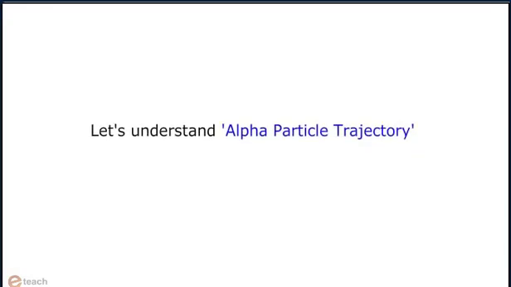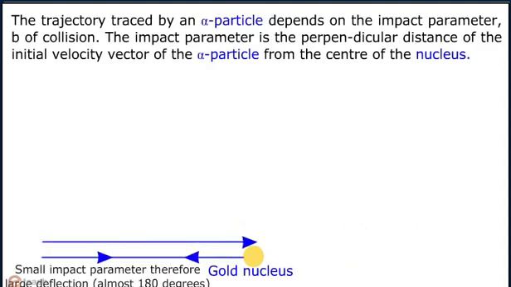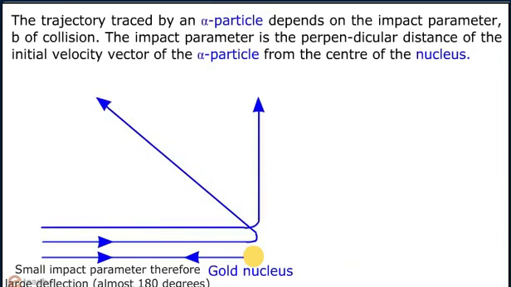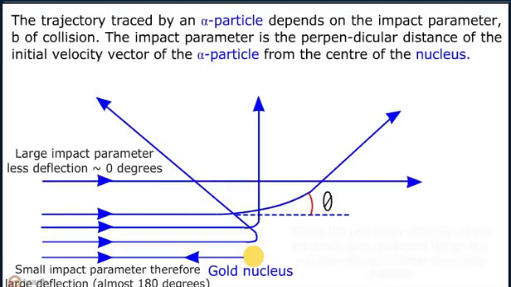Let's understand alpha particle trajectory. The trajectory traced by an alpha particle depends on the impact parameter b of collision. The impact parameter is the perpendicular distance of the initial velocity vector of the alpha particle from the center of